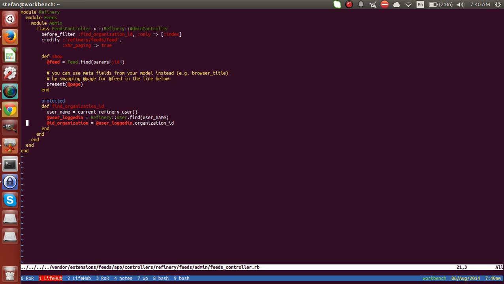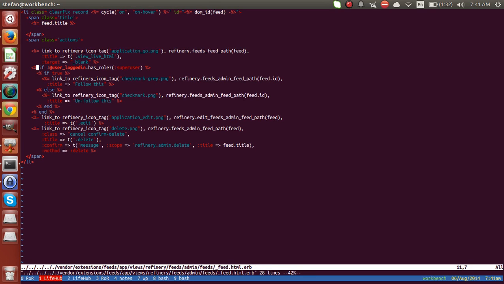And here, instead of saving the ID organization, I would just save the organization. So now you have the org here, and if you go into the feed, instead of this if true, we can say if org